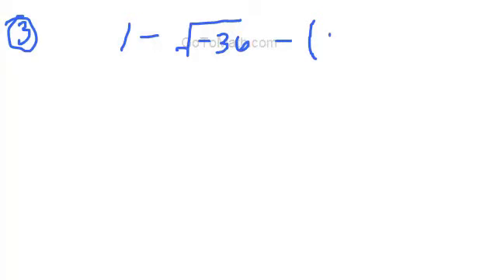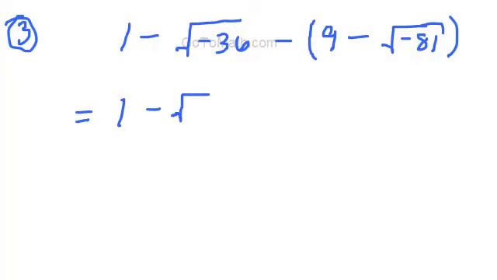Okay, so number 3. We have 1 minus the square root of negative 36. And I'm not going to write the parentheses, but I think the parentheses are in the problem. I am going to write the parentheses on this one for good reasons. 9 minus the square root of negative 81, is equal to 1 minus the square root of negative 1 times the square root of 36 minus, now